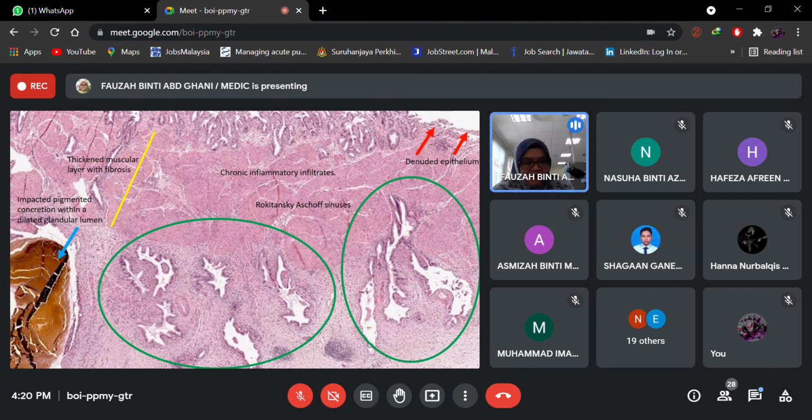So this is one of the glands. It looks like a gland, but this gland is dilated. And there is a structure within the gland. This cystically dilated gland has a pigmented concretion, something very solid sitting inside this gland. So what is this? Is this bile, or